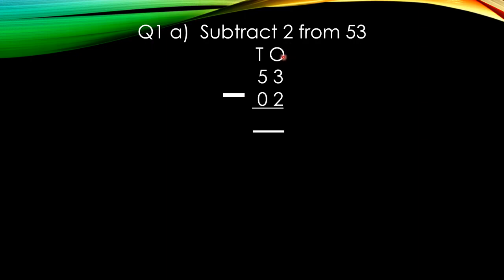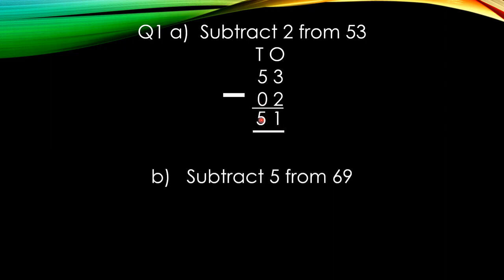Okay. Now we have to put the sign of minus, and we will start from our ones place. Always remember beta, हमें addition करना हो या subtraction करना हो, we always start from our ones place digits. So here we have 3 and 2. So keep 3 in your mind and 2 on your fingers. Okay. Now we have to speak backward counting. Always remember beta, in subtraction sums we have to speak backward counting. Okay. So before 3 we have to count two numbers, that is 2 and 1. So 1 we will write at ones place column. And here at tens place column 5 minus 0. So we will get the same number, that is 5. So our answer is 5 1, 51.